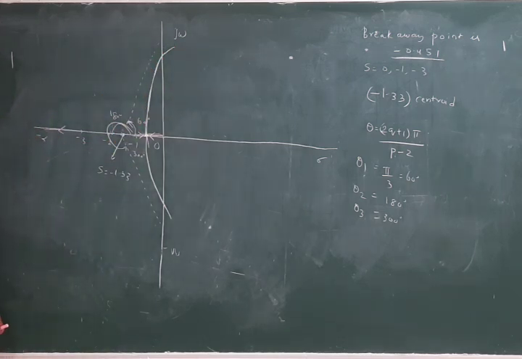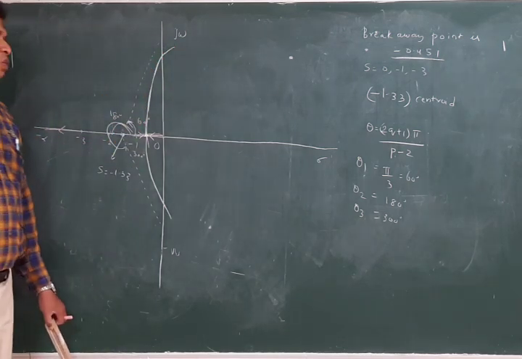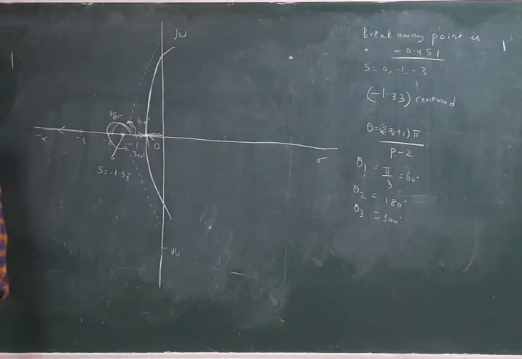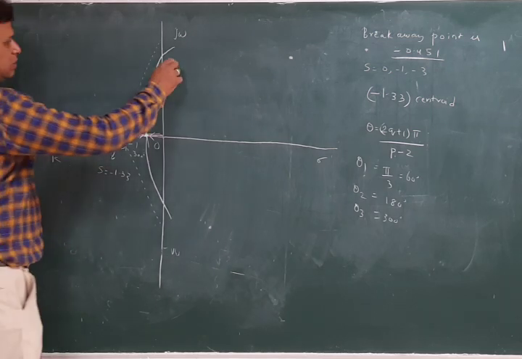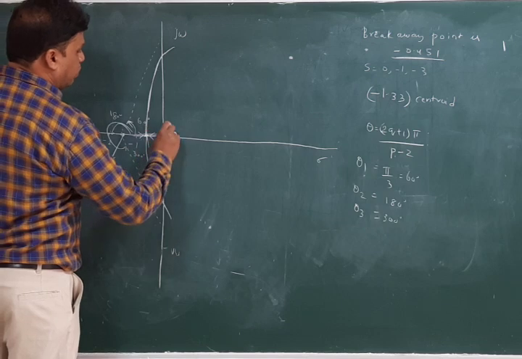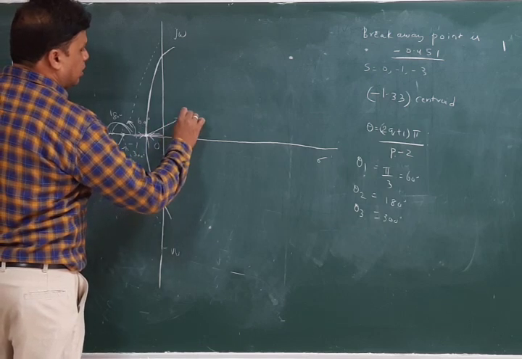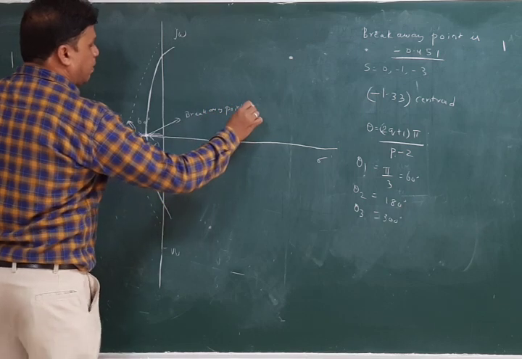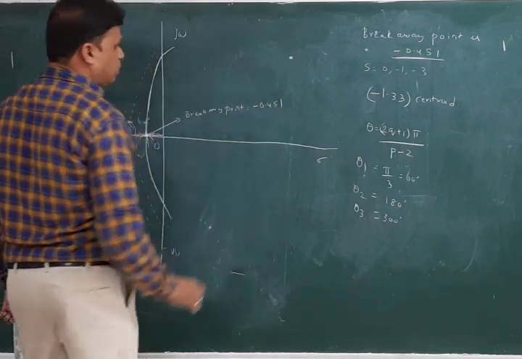So we have to draw this, and this is called the root locus when these roots are given like this: s is equal to 0, -1 and -3. Okay. So the s value is -0.451, and we can find out this one as k is equal to 0 here. This is k is infinity, and here also the k value lies. So yes, here the breakaway point is -0.451. Okay.